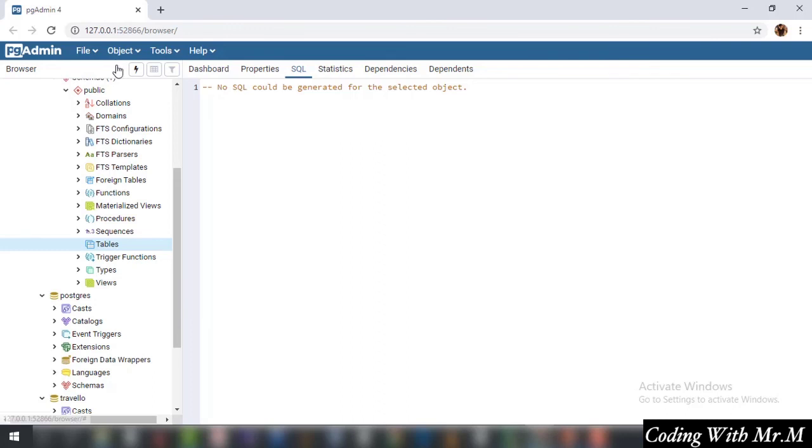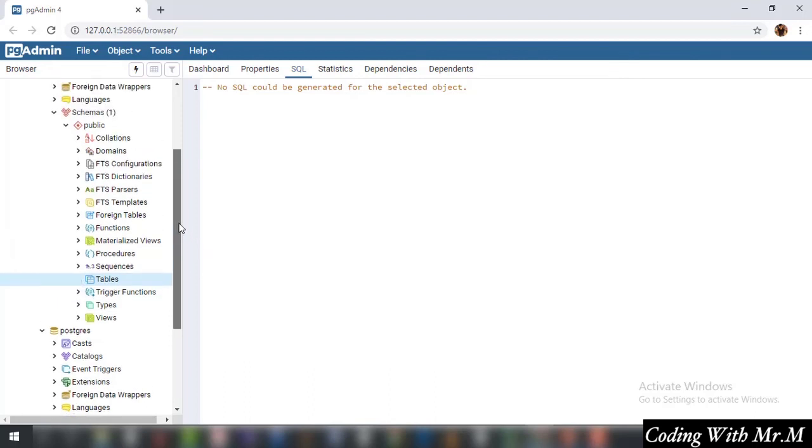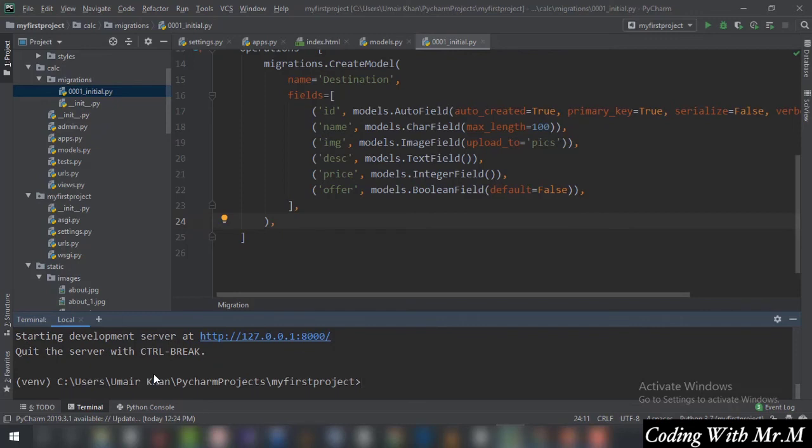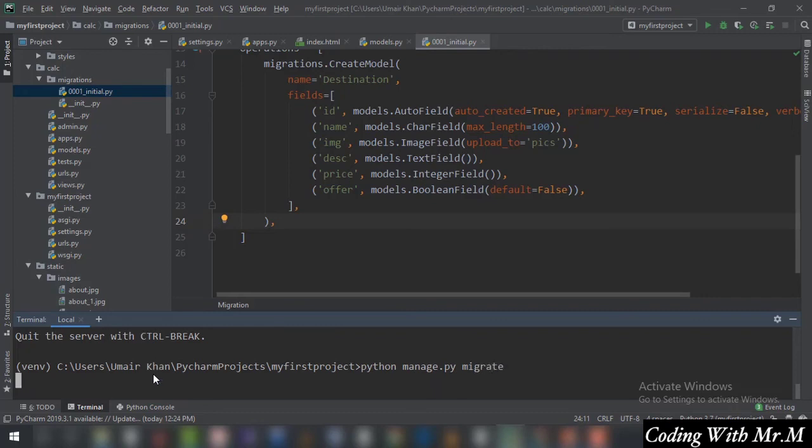All you need to do is refresh this thing over here again. And if you just scroll it down, you can see that you still don't have any kind of tables available here. So one final thing you need to do over here is that first let's just close our server, and you have to write in the command python manage.py migrate. Click enter,